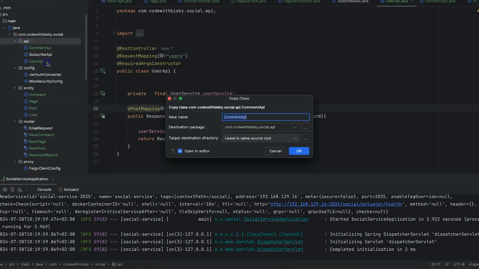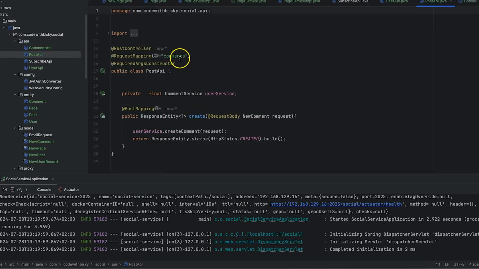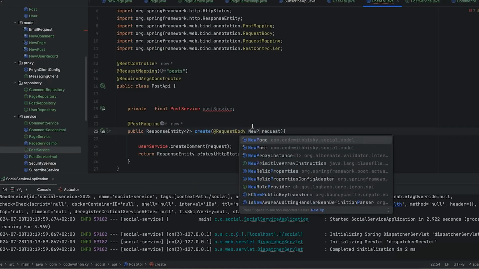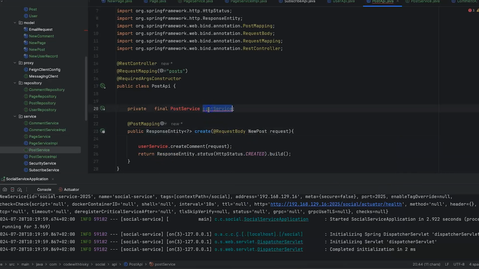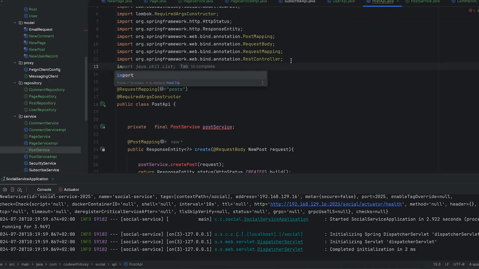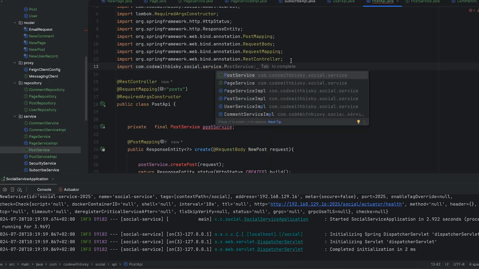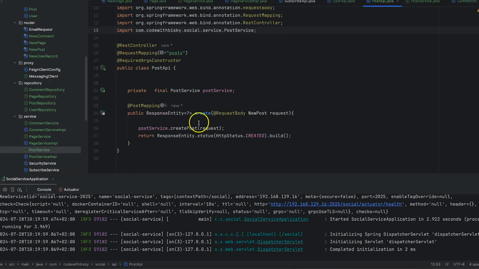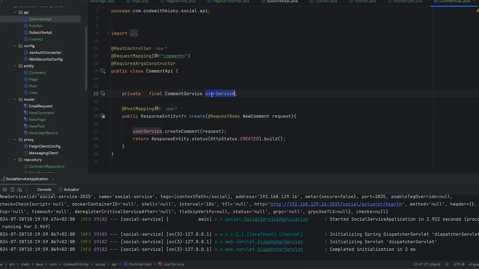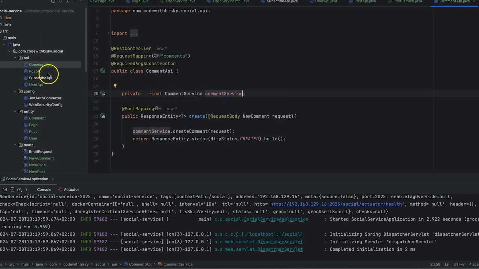I want to now paste post API. Here just say posts, right? And here post service. Here it's supposed to be new post. Here it's create post. My IDE is not working fine here. Let me try to add this manually. Import here dot post service like this. So we have imported, and we can create a post here. And let me go to the comment API. Let's refactor here to be comment service. And we can now create a page